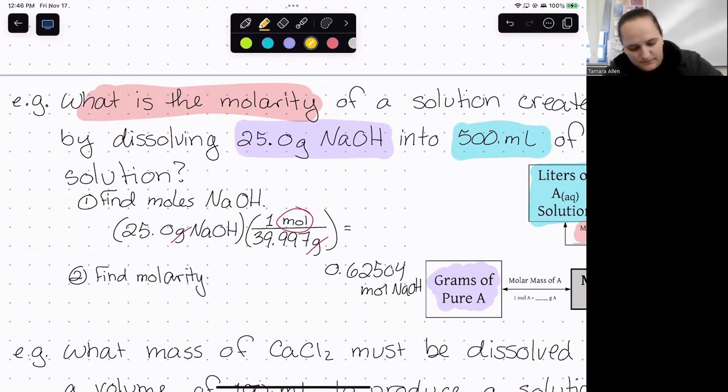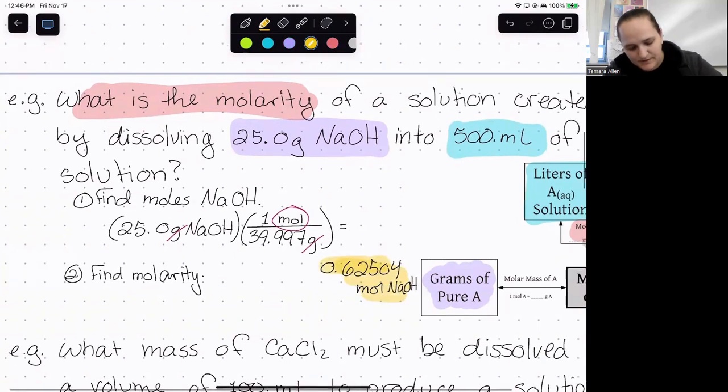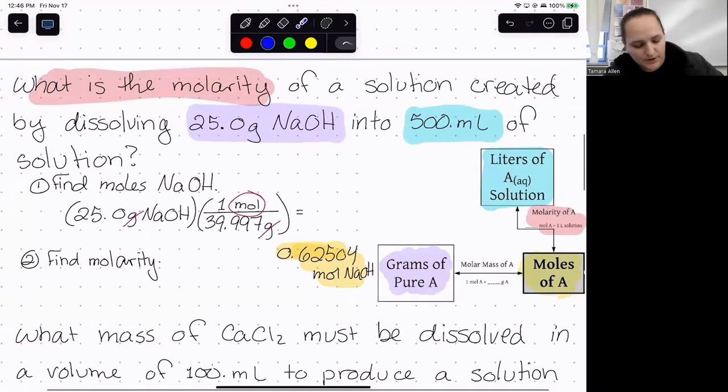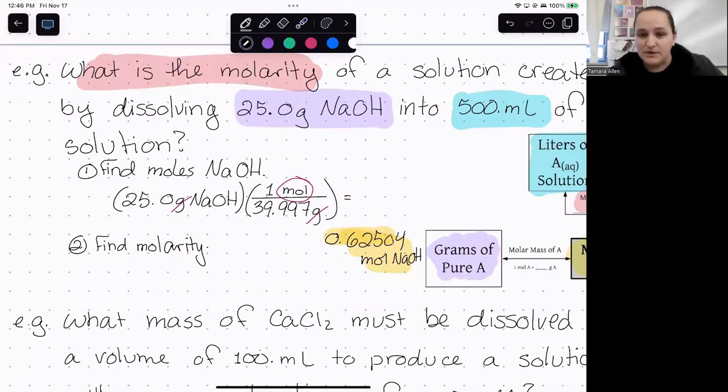So now we have found moles. We have gotten this value using our molar mass. So at this point, we know how many moles are in what volume. We're given it in milliliters, so we'll need to convert that. And that is going to allow us to solve for our molarity. The only other thing we need to keep in mind is that we do need to convert that volume